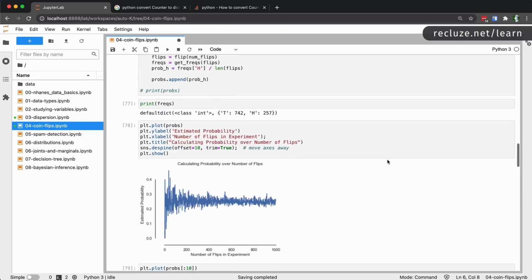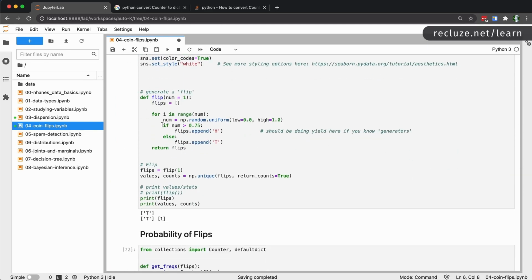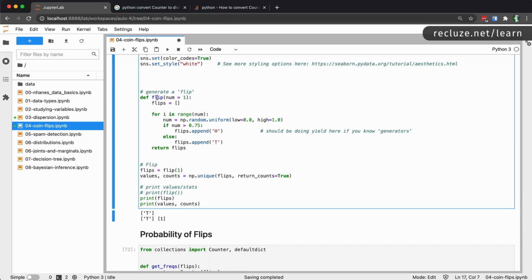If you missed what I did, let me go back and show you. So I changed this guy over here, which was saying do the flip, generate a random number from 0 to 1. If the number is greater than 0.75, then treat it as an H. So now we are taking the whole one portion and only allocating 0.25 or 1/4 of it to heads. All the other 3/4 go to tails. So now heads has a lower probability.